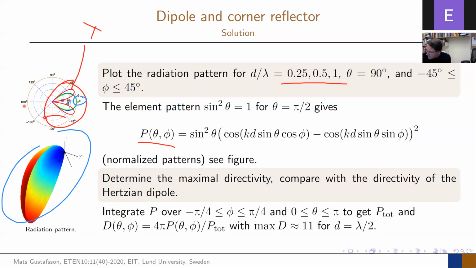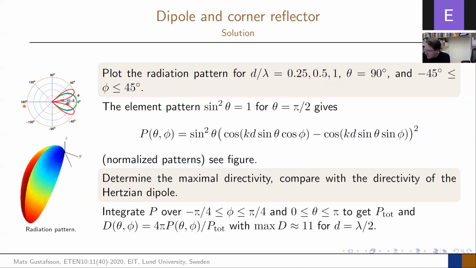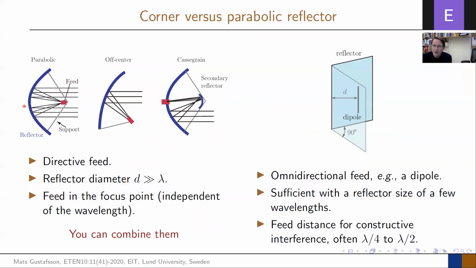It has a directivity around 11 for a feed distance of lambda. So this is a very, very simple version to build, in some ways, to build a reflector antenna. If you compare it, because of course you are now going to build one for the lab that you do this week. So if you choose to do a parabolic reflector, which is option 1, what you should think